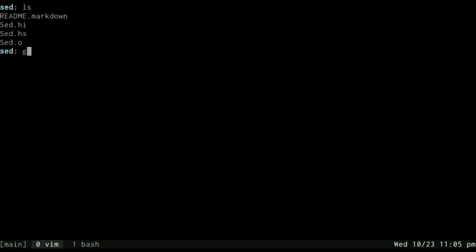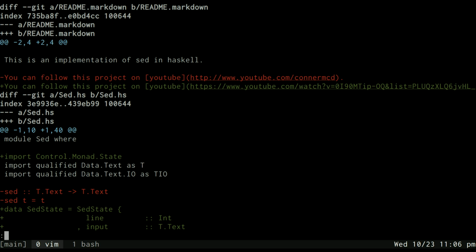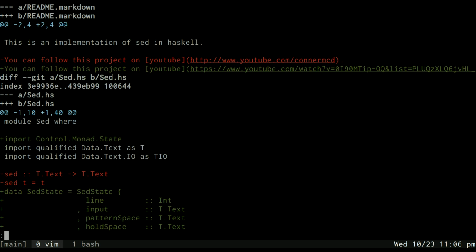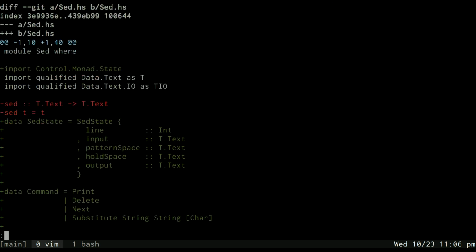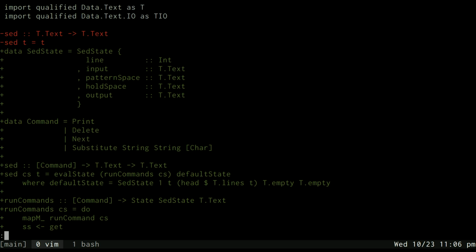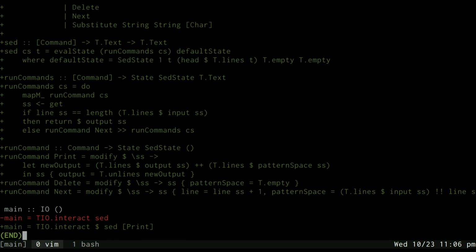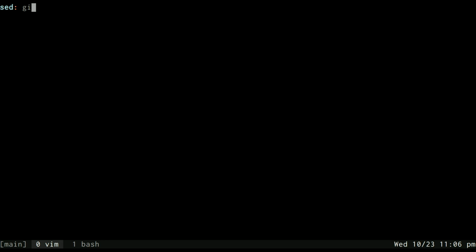We can go ahead and, oops, looks like I accidentally compiled at some point, so we'll delete these, and then we'll take a git status and we can diff it. So you can see I changed the link in the readme, and this is what we changed in this episode. We added all of that, and that looks good. So I'm going to go ahead and add all of that, and I'm going to commit it as basic command